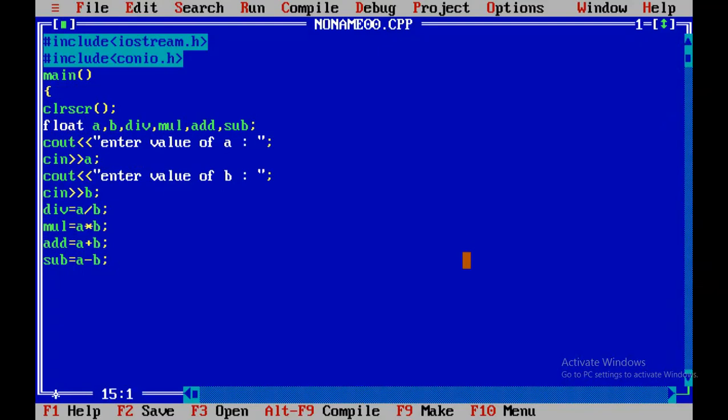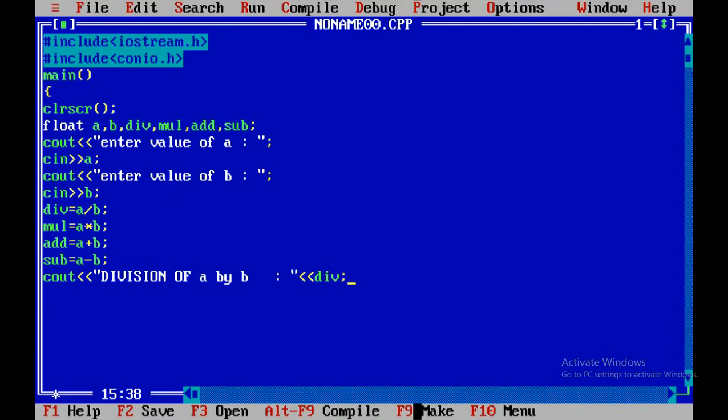I'm going to display the answers of all these arithmetic operations. First cout, double quotations, division of a by b, colon, double quotations end. Then I must enter exactly the variable div, because I already got an answer for the div variable. Here I did a by b for the div variable, so I got the answer already.